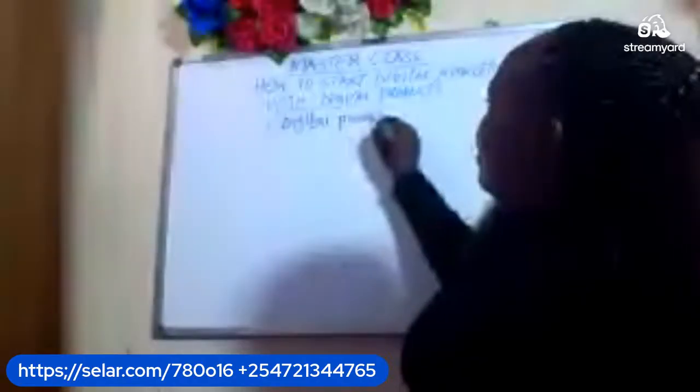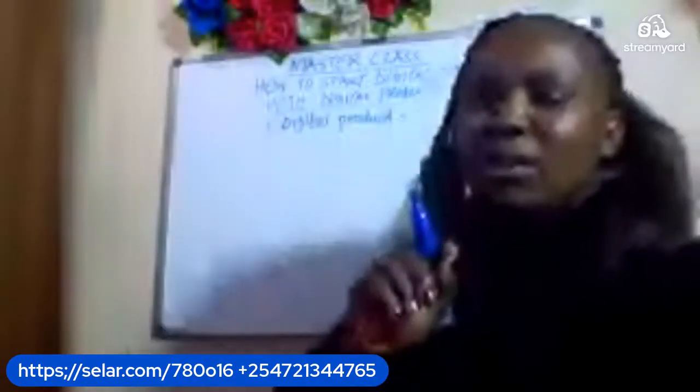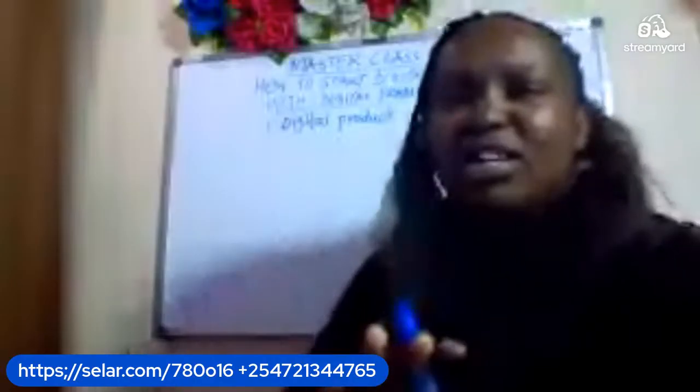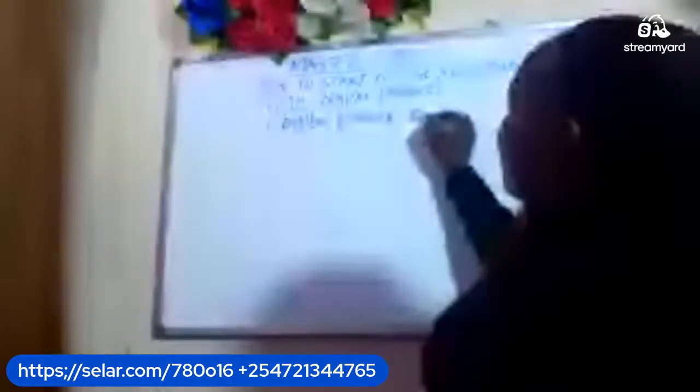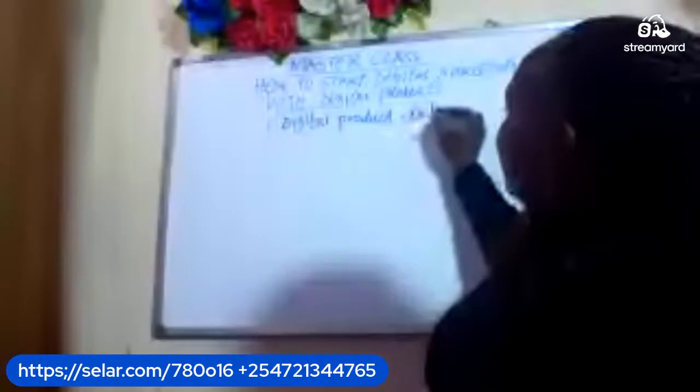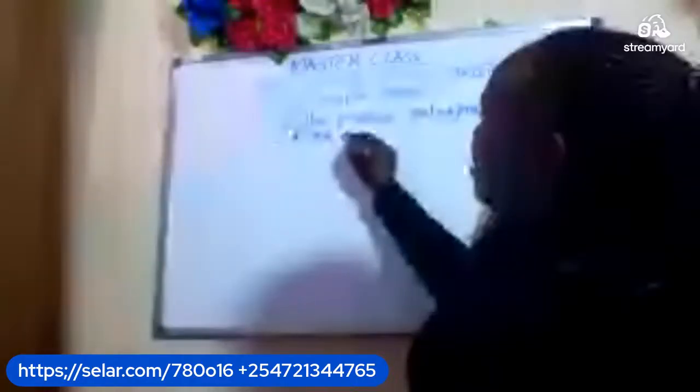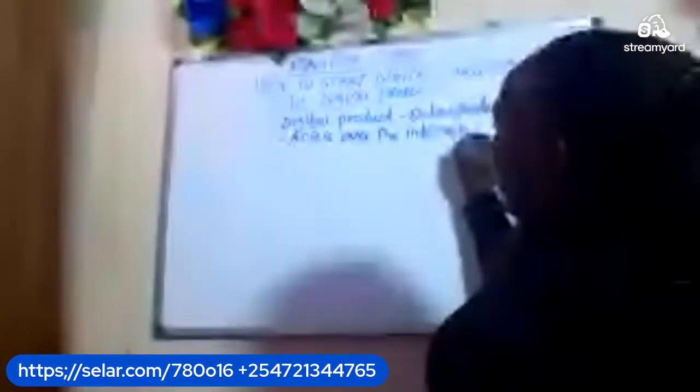Now, a digital product is a downloadable product, but I want you to just understand it in a simpler way, that a digital product is an online product. This product, you can only access it over the internet. There is no other option. You can only access a digital product over the internet.